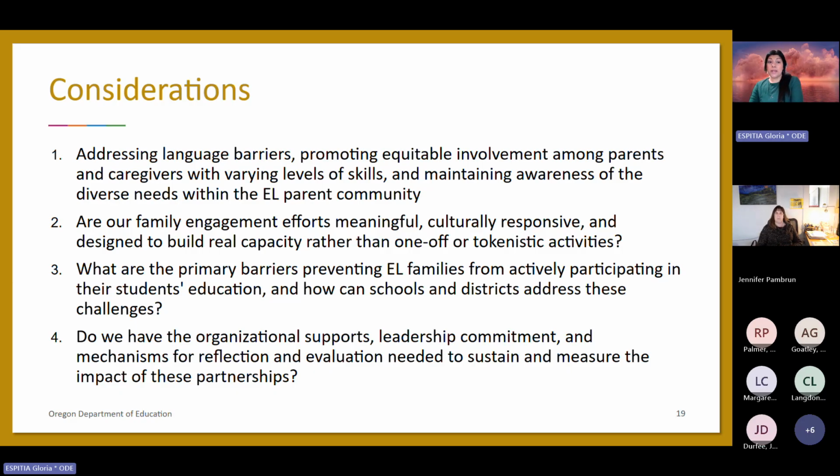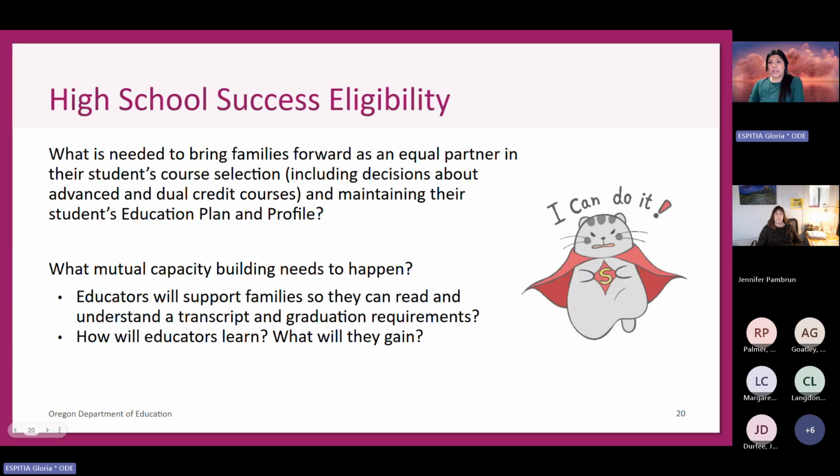And so I think we have like 20 minutes now. And do you want to spend some time on high school success eligibility? For those of you that may